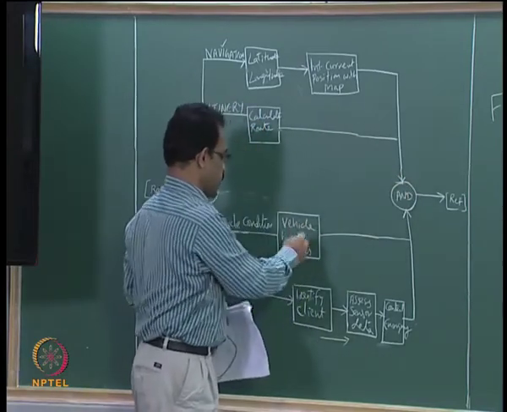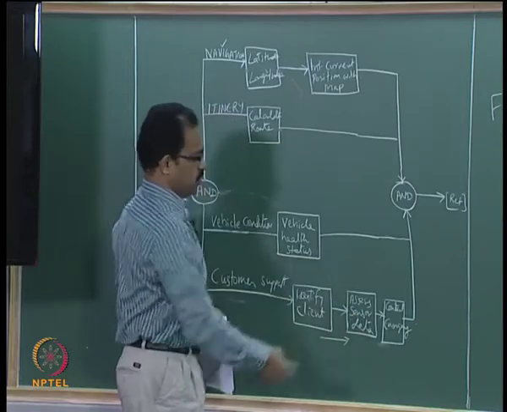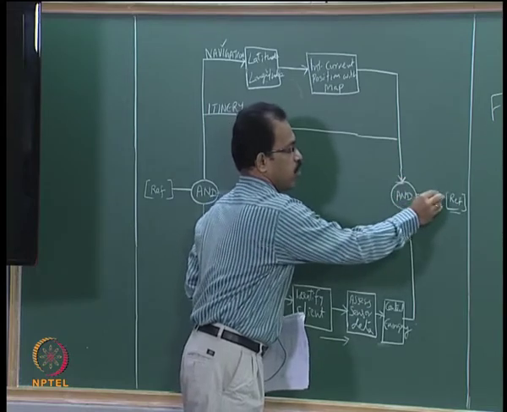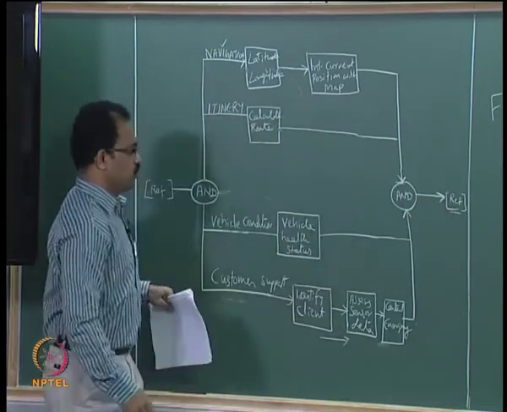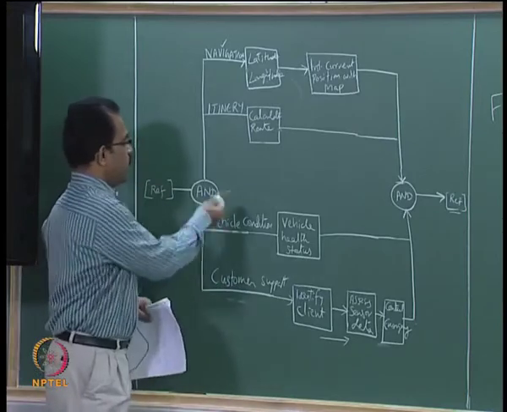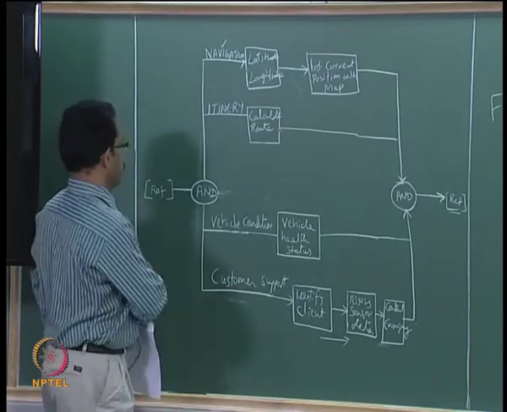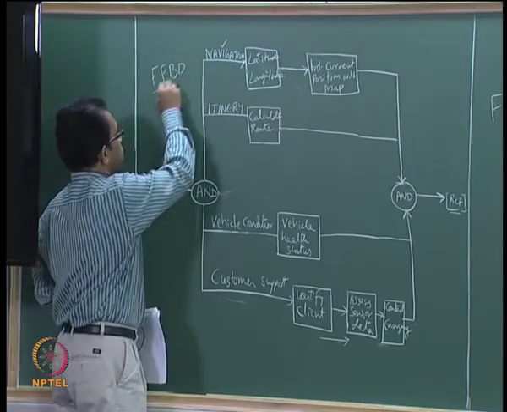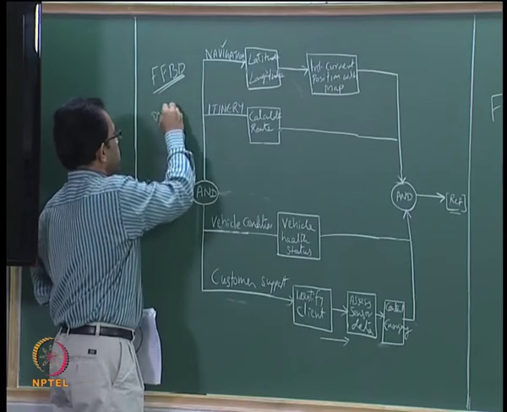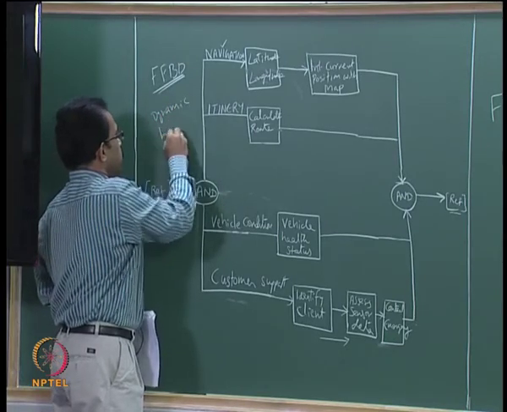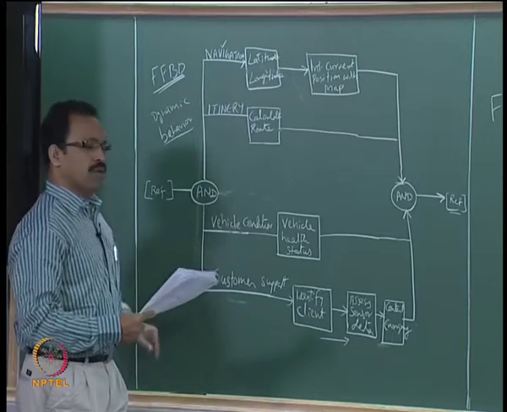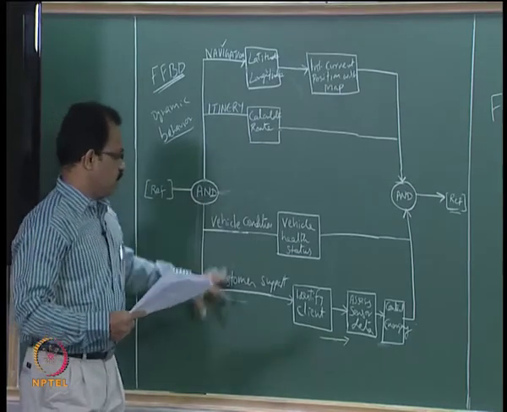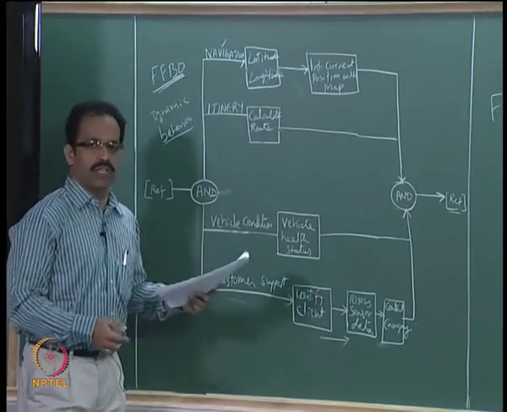Similarly we need to know the vehicle condition and the other customer support services. So all these are provided, and once we have all this information, then an output can be given to the customer to use the facility. So that is the way we represent the behavior of the system using FFBD. We are using the FFBD, that is the functional flow block diagram, to represent the dynamic behavior. That is an example for the AutoLink system, and how we use the functional flow block diagram to represent the dynamics of the AutoLink system.